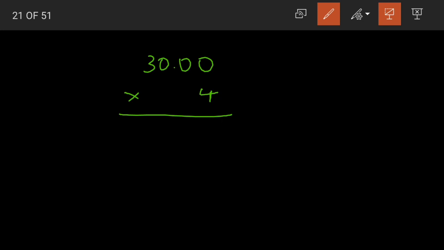Again, let us start multiplying from the ones place. 4 zeros are 0, 4 zeros are 0, 4 zeros are 0 and 4 threes are 12. Again, is 12,000 the cost of bracelets here? No. In the question, the number is having a point after 2 digits from the right. So even in the answer, we have to place a point after 2 digits from the right. Now this will be our answer, 120 rupees.